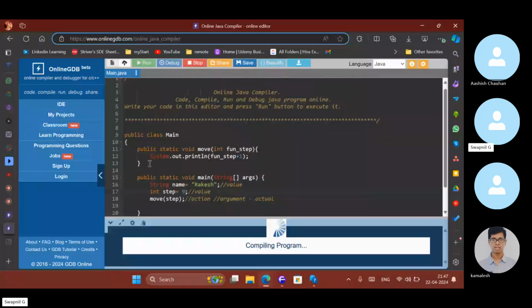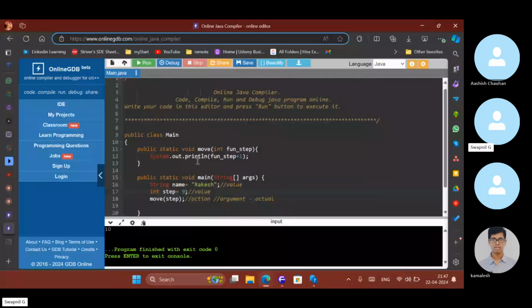The value changed. So even if I change the name over here, let's say I call it F step, or step F, or let's say we call it step parameter, so that you understand it is a parameter.